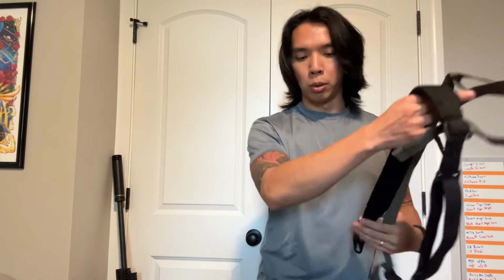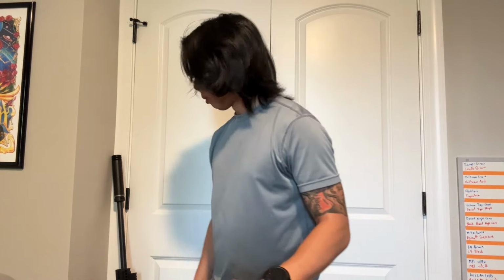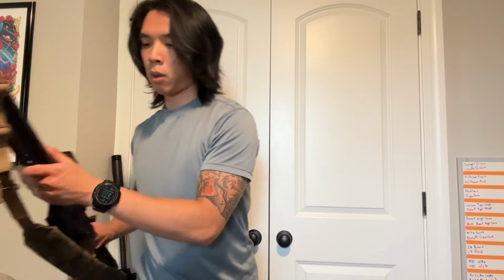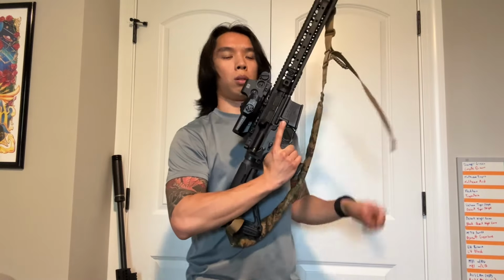All right, so that's over with. I'll put these away, and then we're going to demonstrate the difference between these two-way pulls and my one-way pull. We'll start with rifle here. So, rifle,